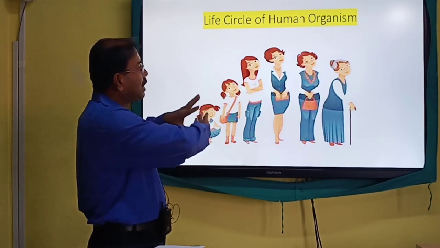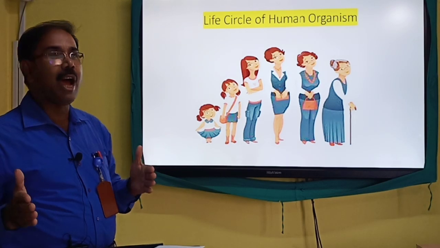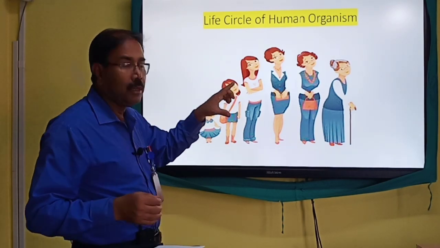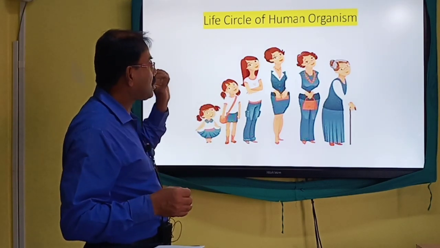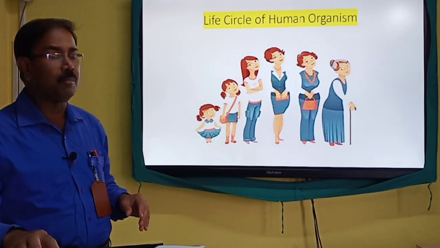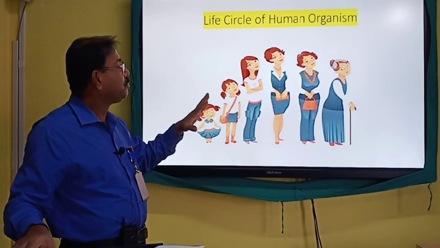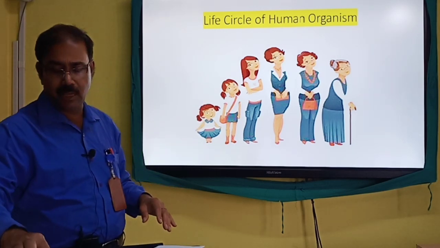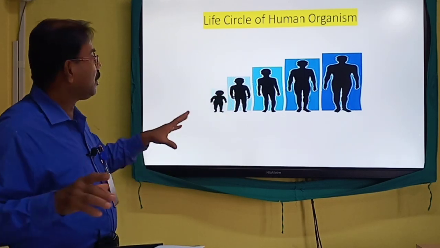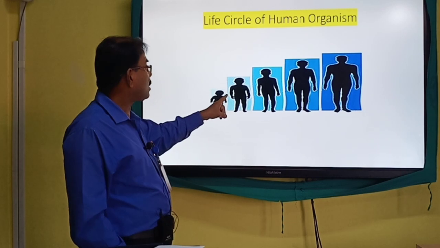So friends, these are the physiological pictures of transformation of life of the human organism, and with the help of proper or thorough study of the photographs, we can understand how things take place in this stage, in the process of human life. Let us come to another picture. Shadow picture. This is child, this is infancy, this is childhood.